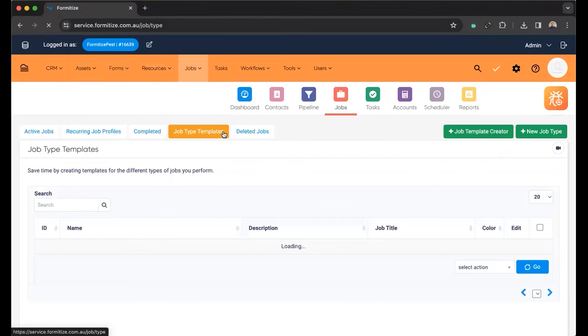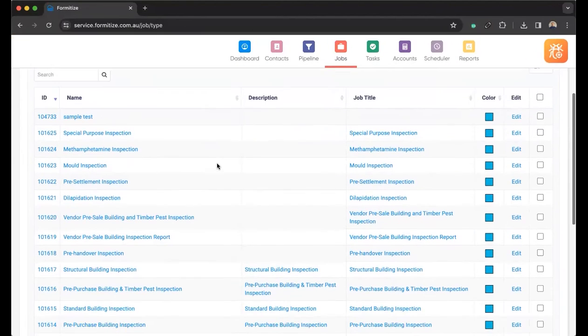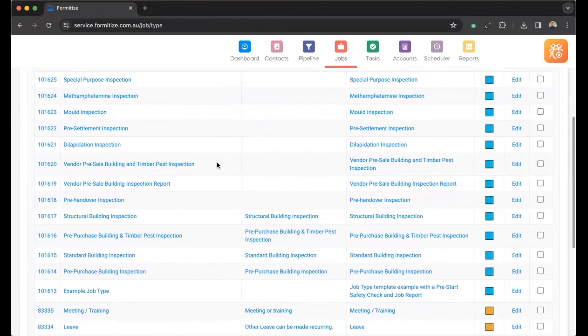Essentially, what job type templates is when you're creating a job, you can select one of these job types, and it's going to do quite a bit of automation in the background for you. But essentially, your job types are just going to be a list of the different services that you're providing for your clients. So you can see here, there's quite a list of different services that will be available within your